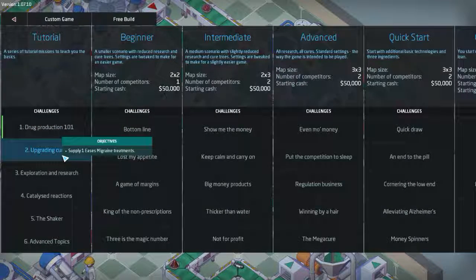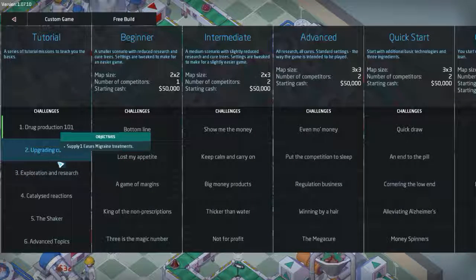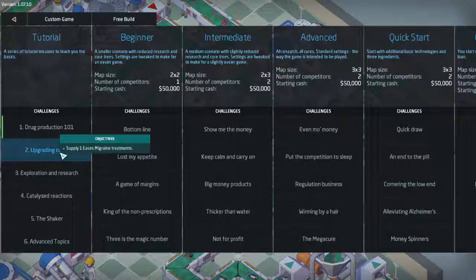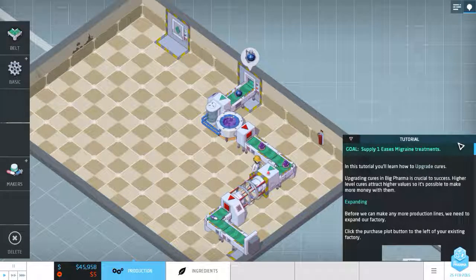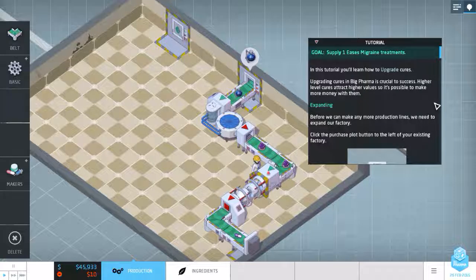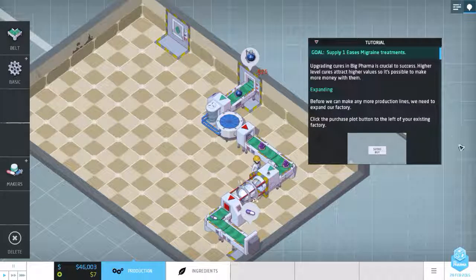What about upgrading cures? You want to do that? These are more tutorials. Okay. In this tutorial, you'll find out how to upgrade cures. Remember, cures are the beneficial parts, right? Yeah, there's cures and side effects. Upgrading cures raises the Pharma's higher level cures attract higher values, so it's possible to